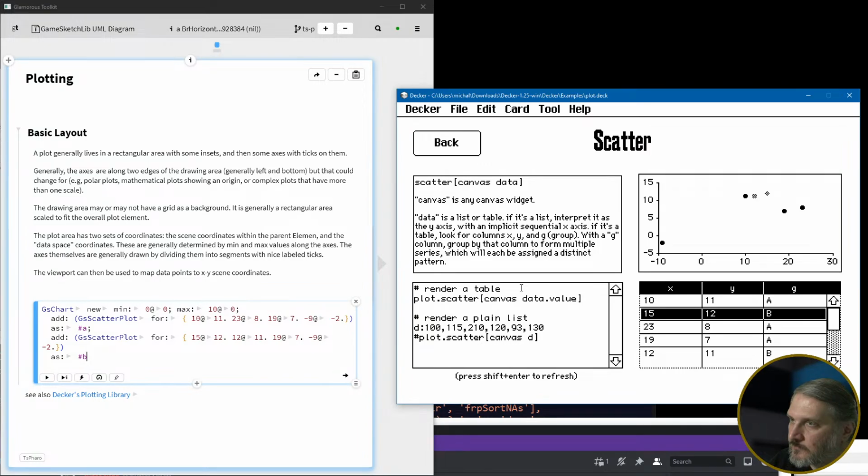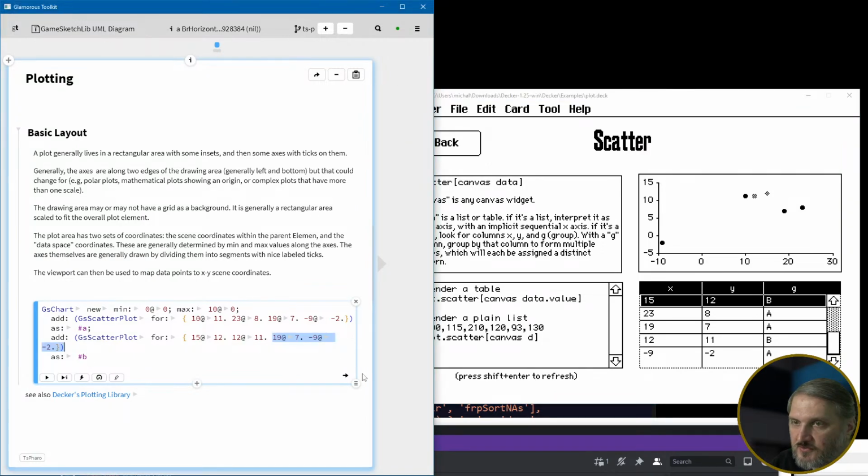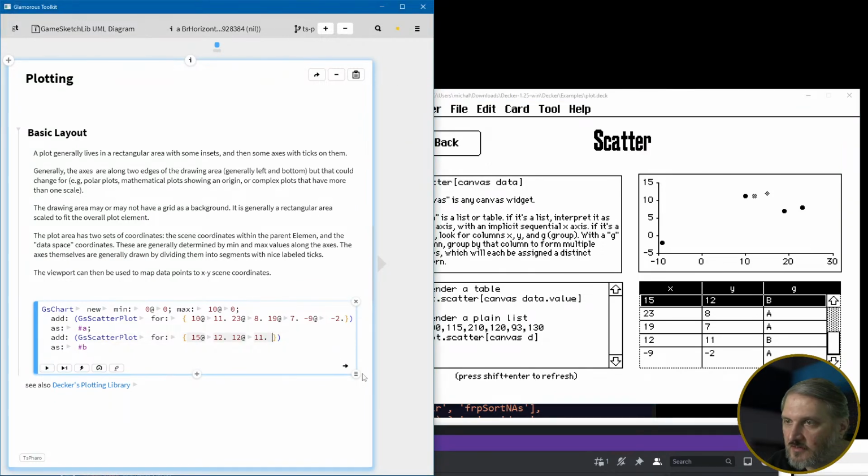But, so I was looking at B and E, so 15 and 12, and then the next, these are the groups X, Y, and G. E is 15 and 12, 12 and 11, and then there are only two values in that group. Okay,